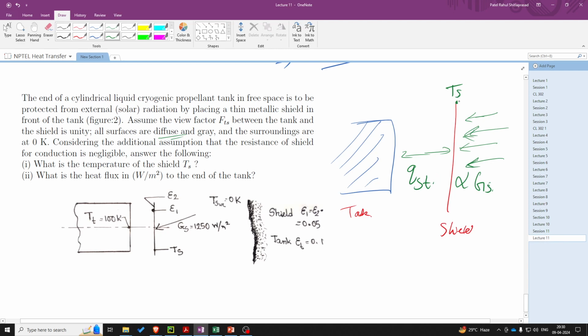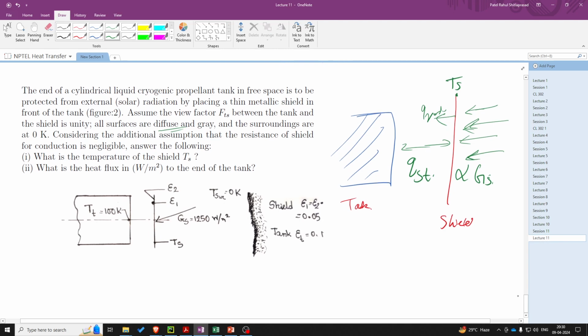So again, due to the temperature Ts, it will again have this radiation, Q radiation. So basically the overall heat exchange QST, you can write that as QST will be equal to, the net heat exchange will be equal to